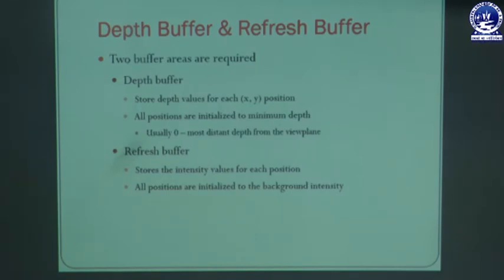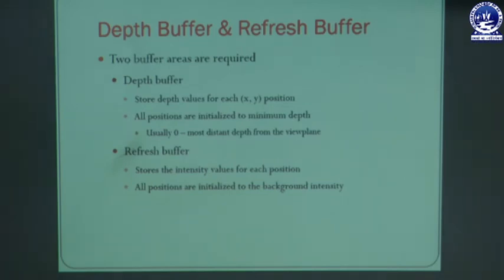And lastly, it processes all the pixel elements one by one until all the visible objects are drawn. As you know, the depth buffer and refresh buffer are used for avoiding the collisions that occur in the case of back face detection mechanisms.